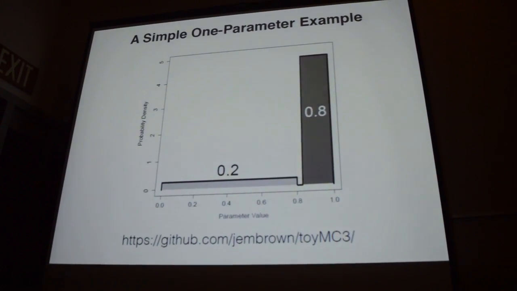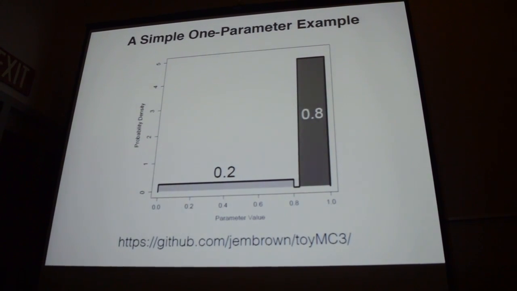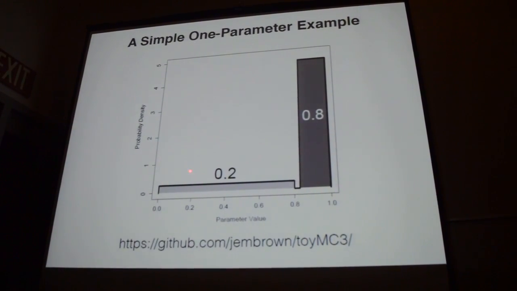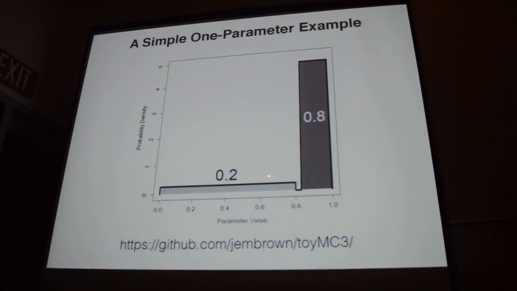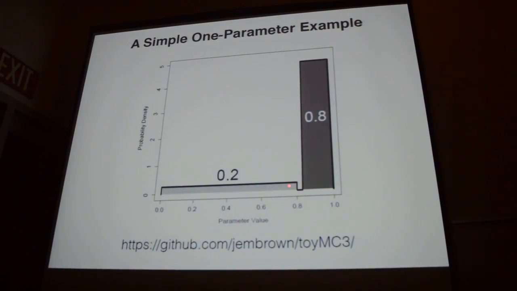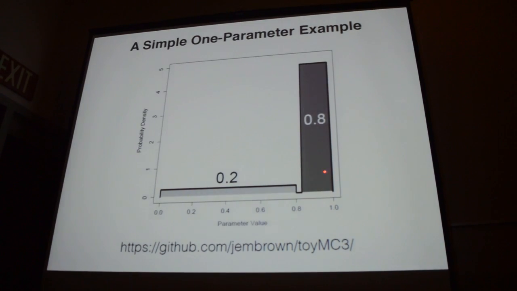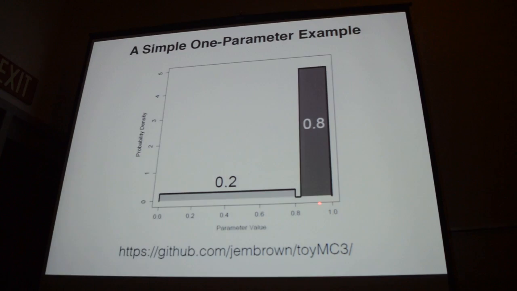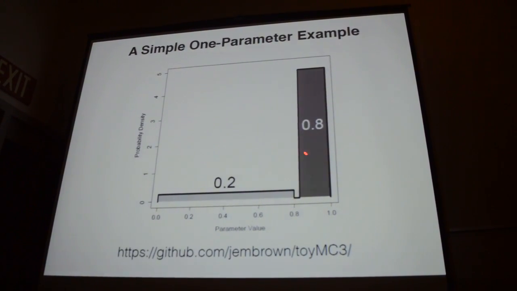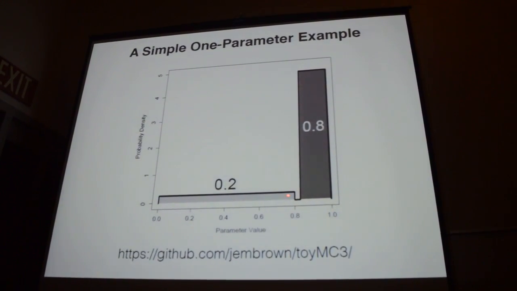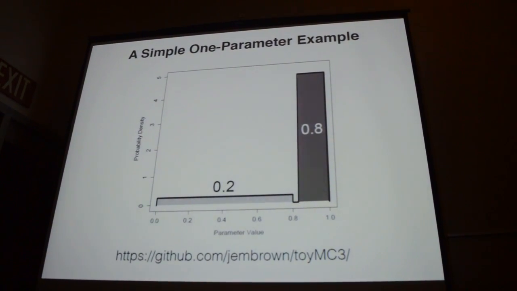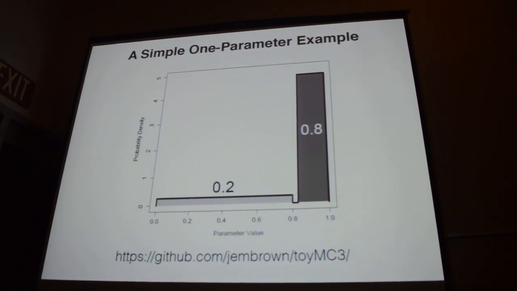So we decided to try and explore the ramifications of this in terms of a very simple problem. So we constructed this toy distribution. And so we made one peak very broad but very short. So this has a total posterior probability of 0.2, but it's very wide. It ranges from 0 to 0.8. We have this narrow peak over here that only ranges from about 0.81 to 1, but it's much taller, and so its total probability is 0.8. And then we have this tiny valley in between, but we set up our proposals so that they couldn't jump the valley in just a single move. And then we tried to recover this